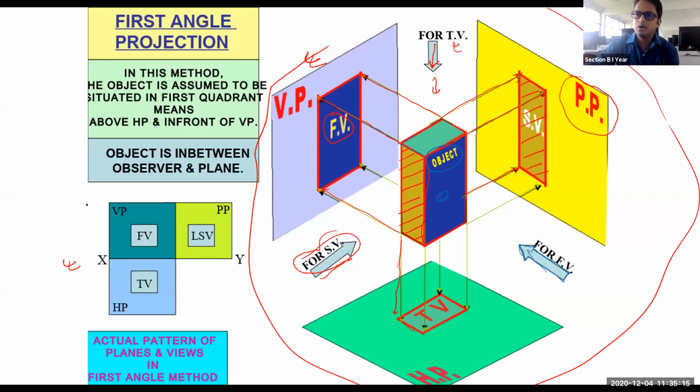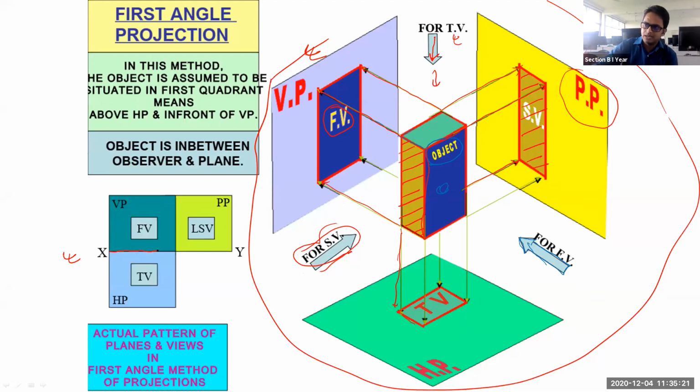Yes. So this is what you can see here. Now we have opened those planes. So this XY is your reference line. This XY, capital XY, is written here. It is your reference line. Let me write it somewhere.